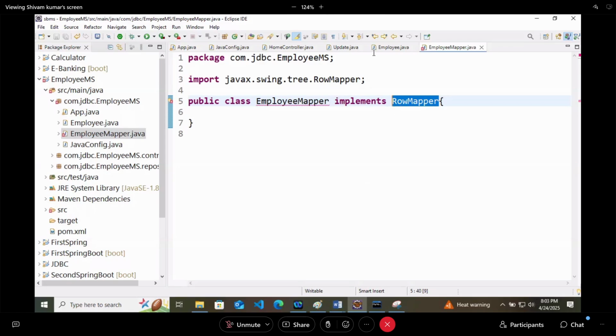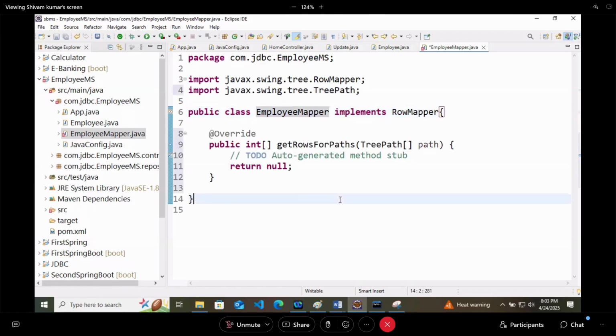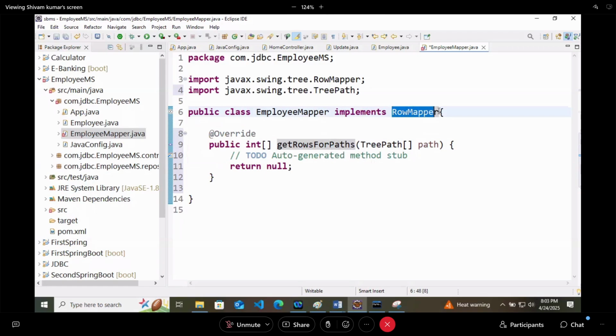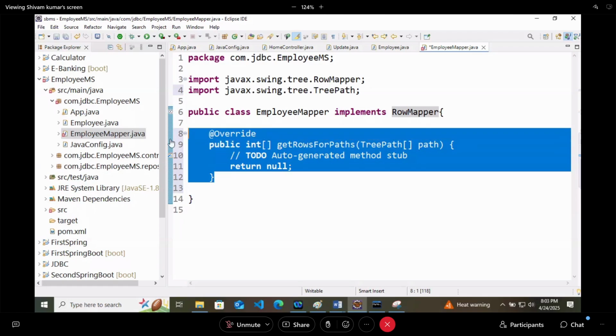As this interface of row mapper has one method, we will implement that method. But this is not the method in row mapper. So there is always a potential error in the project if you are not working carefully.